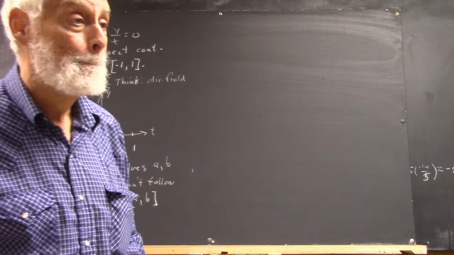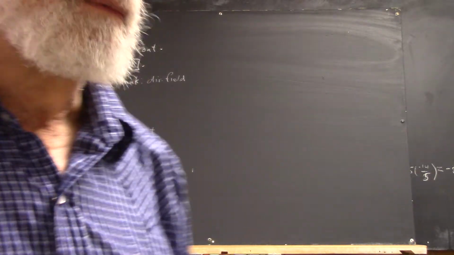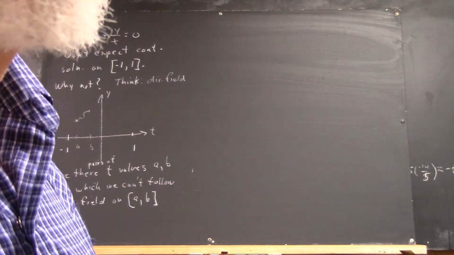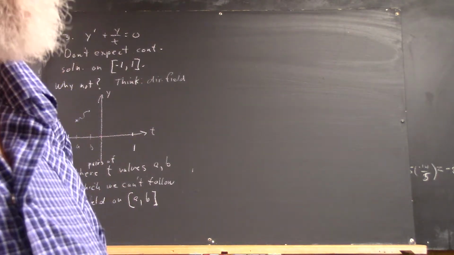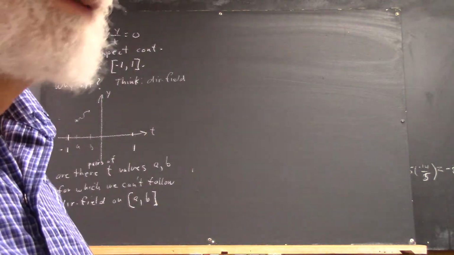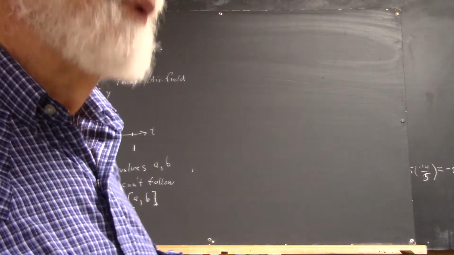I'm sorry? You can't take the natural log of 0. You're trying to solve the equation. This is an equation that we assume is unsolvable, and we've got to use theoretical methods. Now, you say you can't take the natural log of 0. Yes, that's going to be related to the solution, but I want you to think in terms of the direction field, because we want to have a general